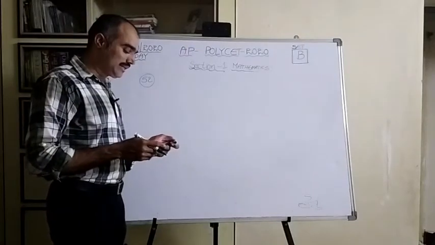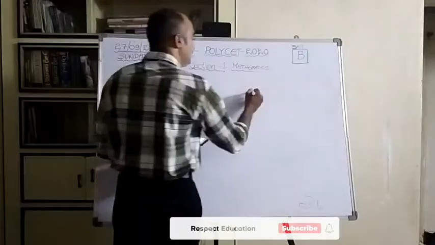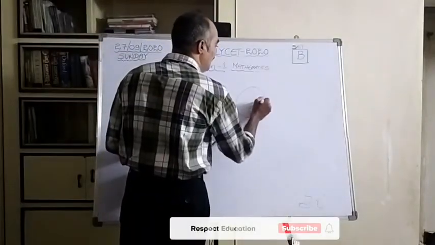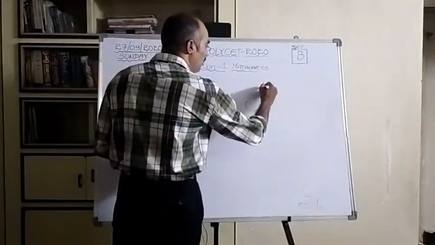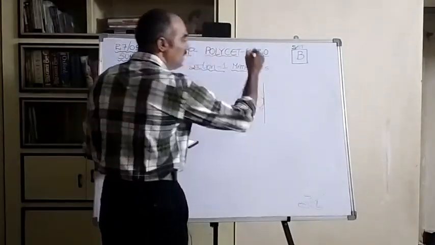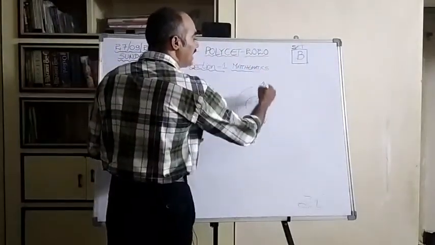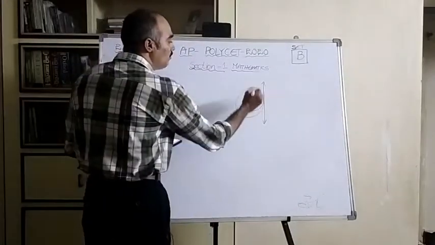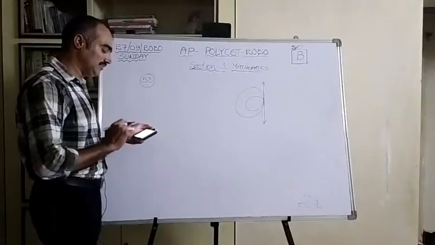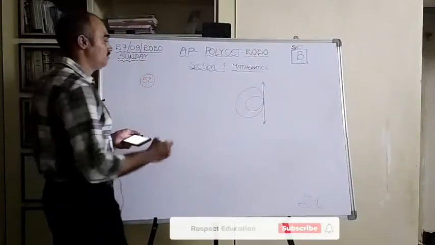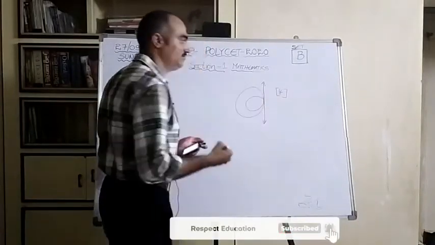If two circles touch internally, then the number of their common tangents. See here, this is one circle and this is another circle, they touch internally. So the number of common tangents. So here you observe from the diagram, you can see only one common tangent can be drawn for both the circles. So here options given as first option as 2, second one 3, third one 0, fourth one is 1. So for this 52nd question, option 4 is the right one.